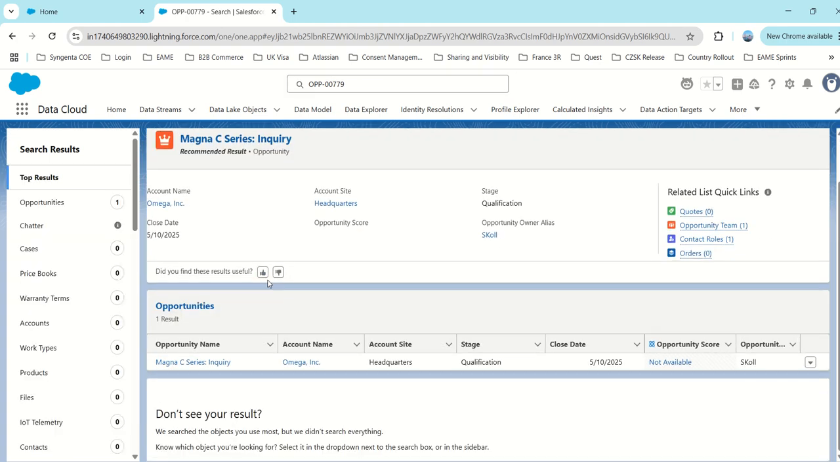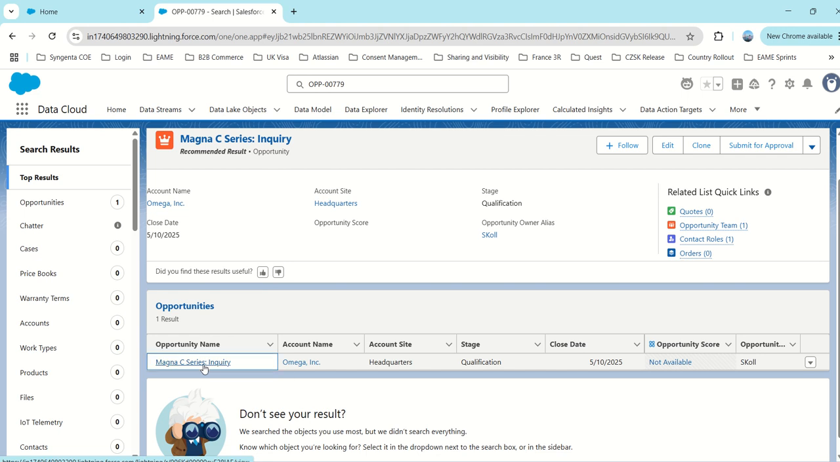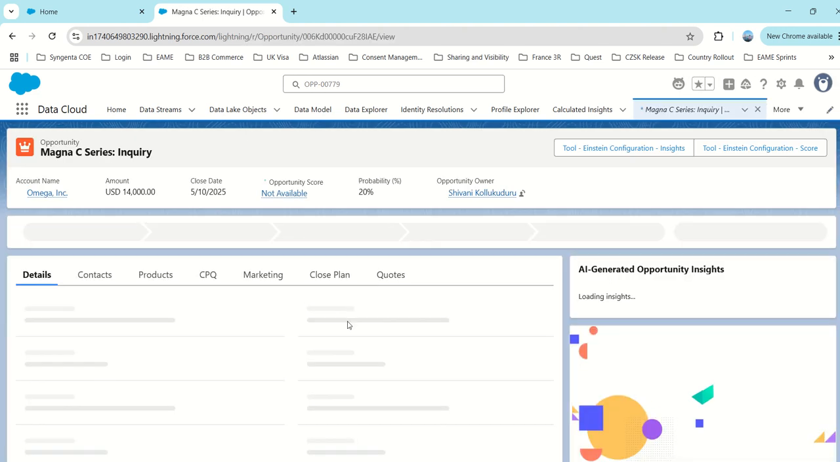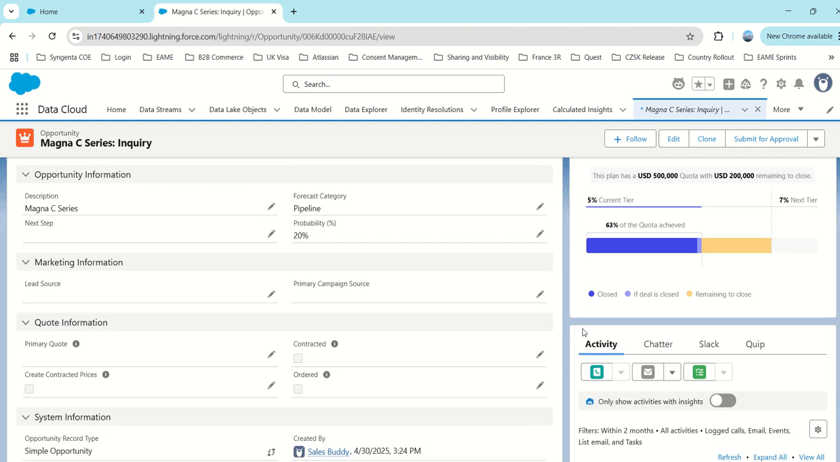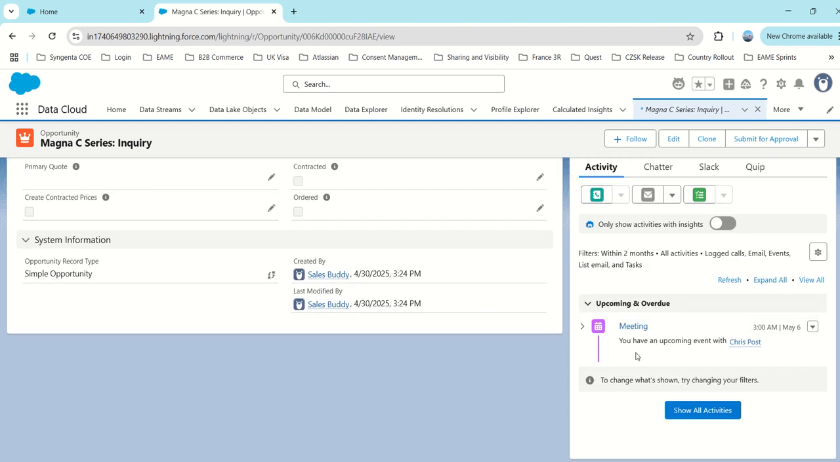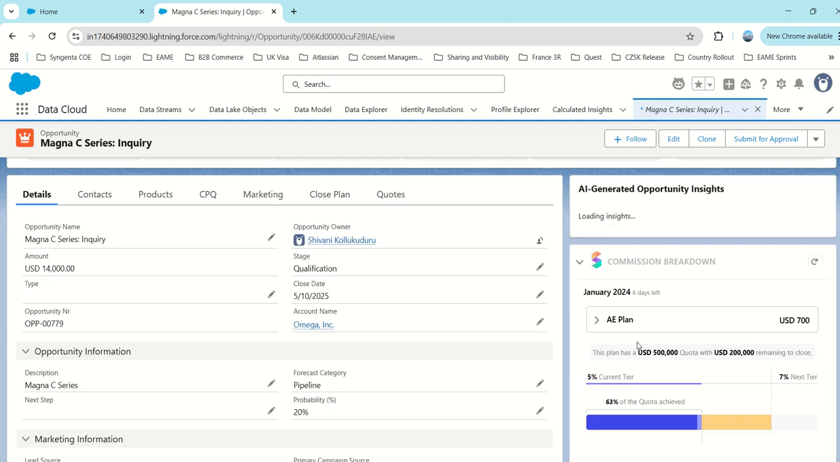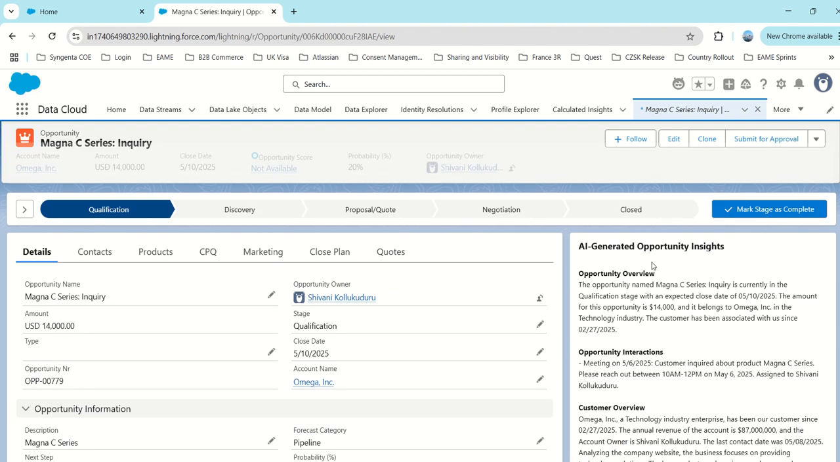And it will also list me, okay, there is an opportunity over here. So now this is the opportunity which is being created right now, our opportunity. If I go to the right side, there is a meeting which is being created. Now, you could also see that at the right side, you have an opportunity insights, which is being created through